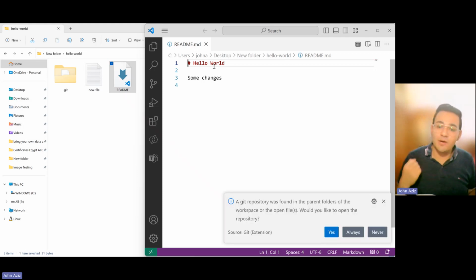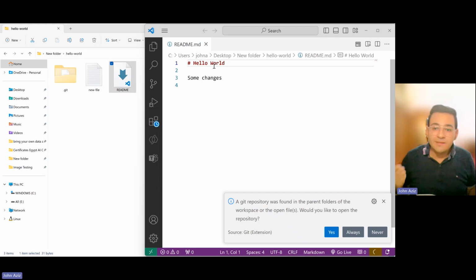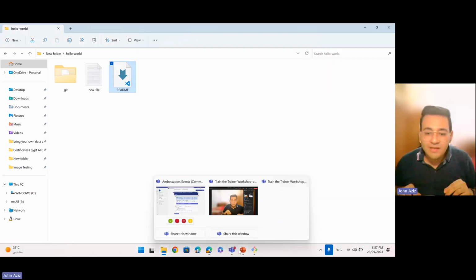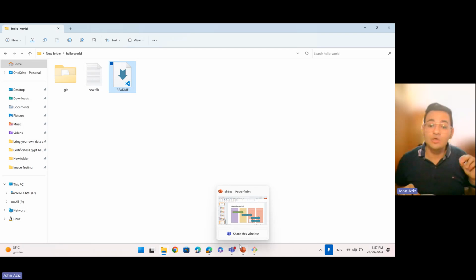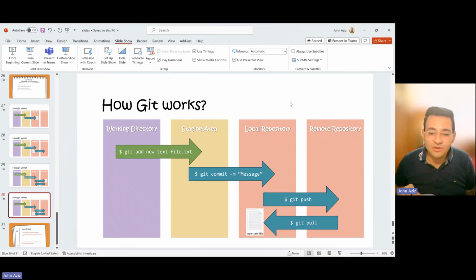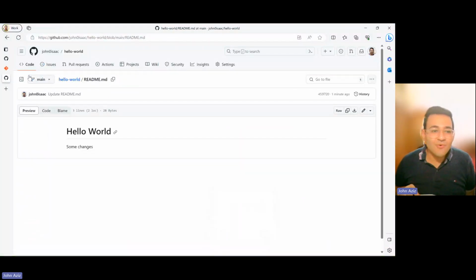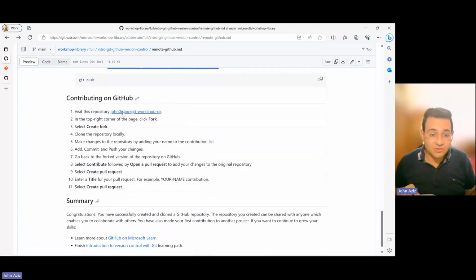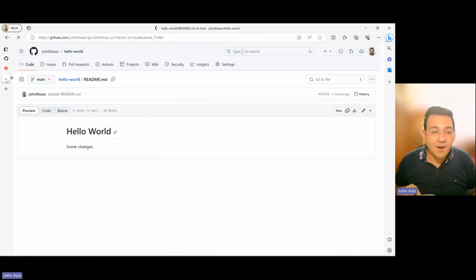Someone else can clone our repo and push his changes to it and get the changes locally by git pull from the GitHub repository. And what do we need to do? The next step we need to do here is to contribute to someone else's repository, for example. So to learn about this, we can visit this repository, and we are going to do this together by opening